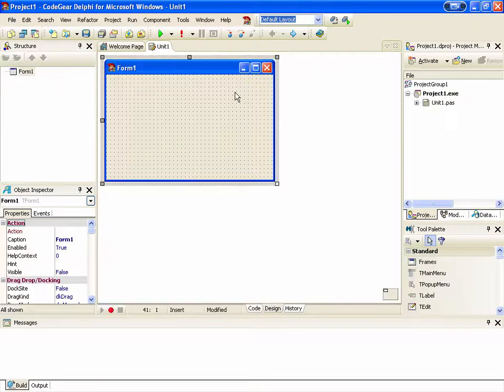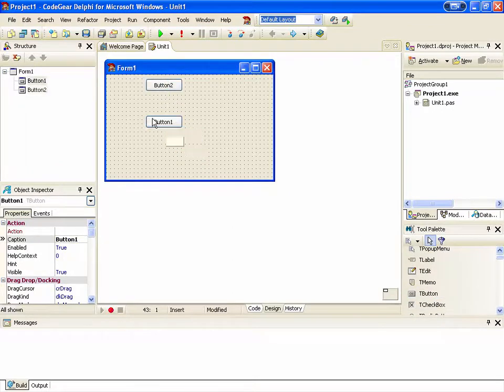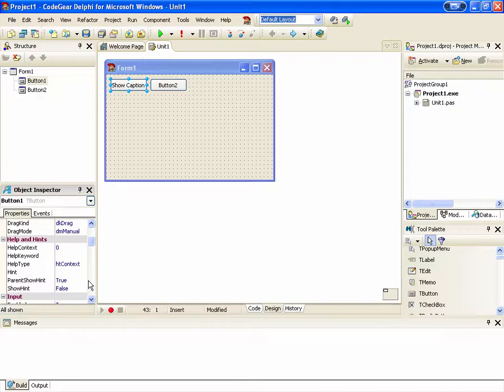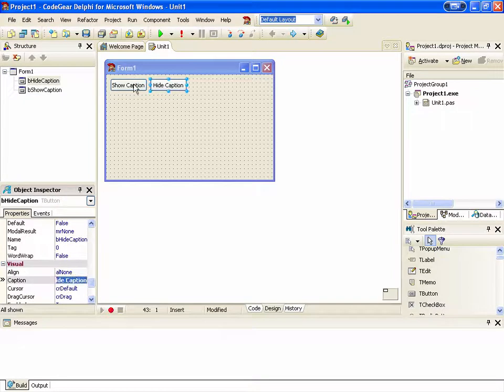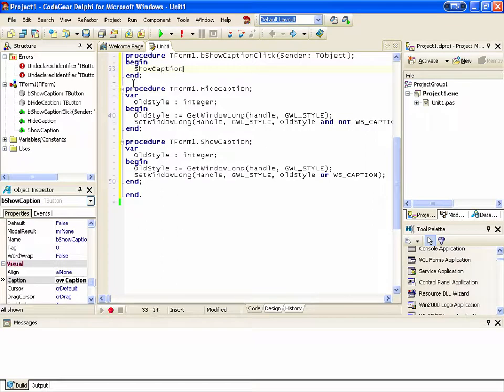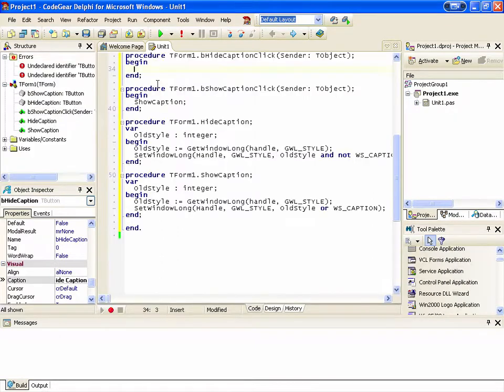Now let's go back to the form, and we want to add a couple of buttons, and I'm going to make this one show caption, and come down, so hide caption, okay, and do the obvious, show caption and hide caption. Okay, now we can run this,